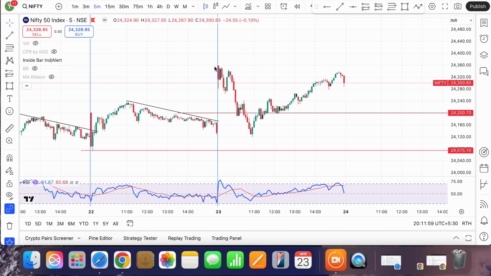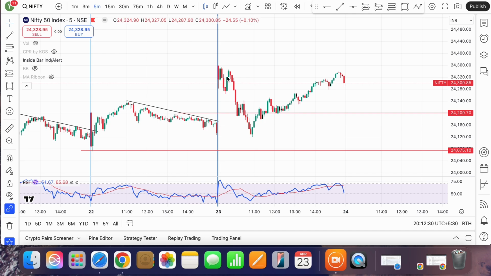So the market opened with a good gap up. I was anticipating that the market would go in for gap filling, but the gap up was huge, and it was only on the overnight situation in the US. What I believe is that once the market gives a big gap up or gap down, it usually comes for filling up the gap. So the market after the gap up went sideways for 10 minutes, broke the low here,